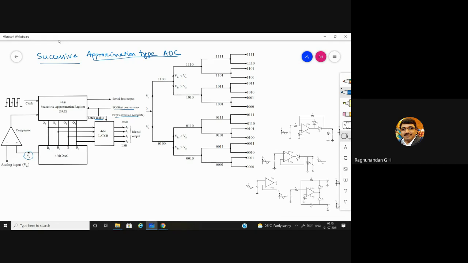When the conversion is completed, you can see that this 4-bit latch is enabled, and during that time it gives the digital output. Until then it should not give the output, because the SAR has to approximate the digital values which are equivalent to the analog input. Once the SAR approximates digital values almost equal to the given analog input, only then this latch has to give the output. If it keeps on giving outputs, it will keep approximating at each level.